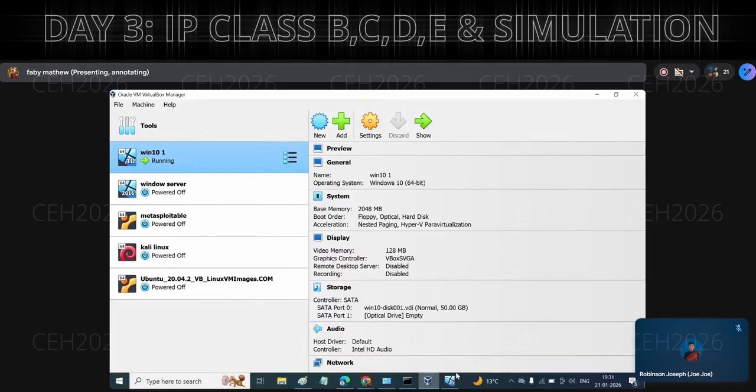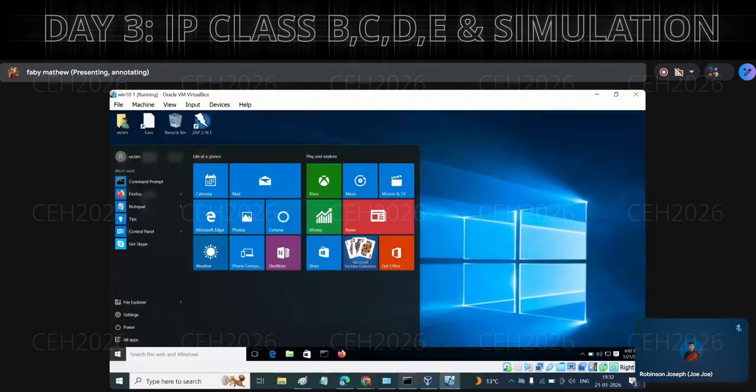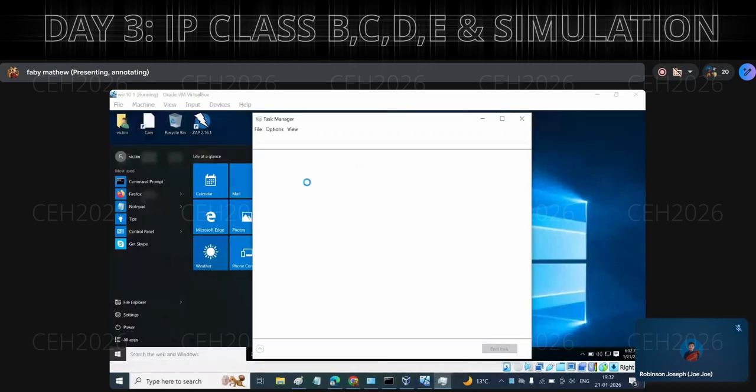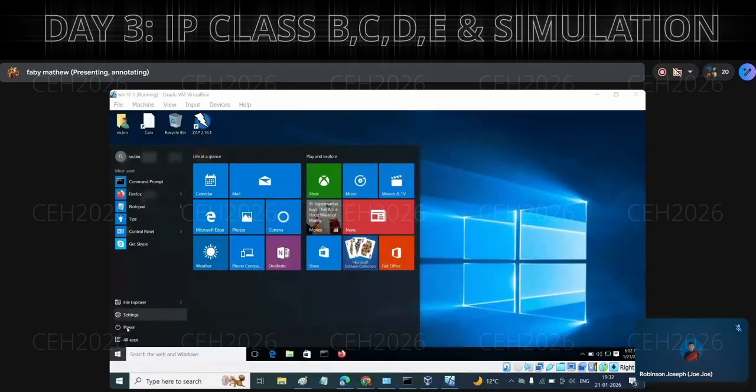Now I'm going to shut down this particular virtual machine, because one more thing I want to show you right now. I'm opening my base operating system task manager. In task manager, in performance, see my memory utilization. I have 8 GB of RAM in my machine, and how much RAM is being utilized right now? It is near about 7 GB. Now see, when I shut down my Windows 10 operating system,